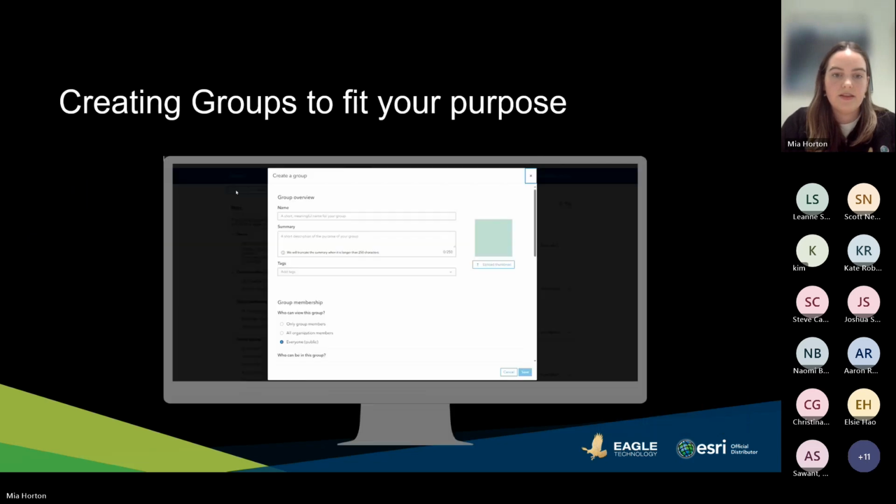So this is what you'll see when you're creating a new group. You'll start by adding in those details, looking at your name and your tags. And as you go through, you'll have a look at who can be in the group, whether or not these are organization members, who can contribute, the kinds of people, and whether they can add themselves into the group. And as we scroll down a little bit,